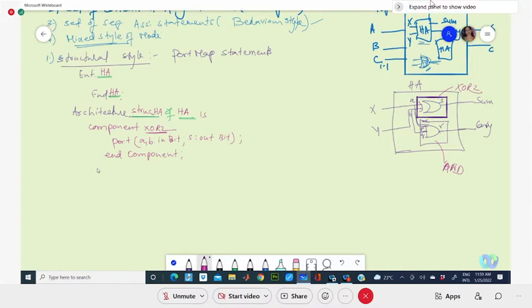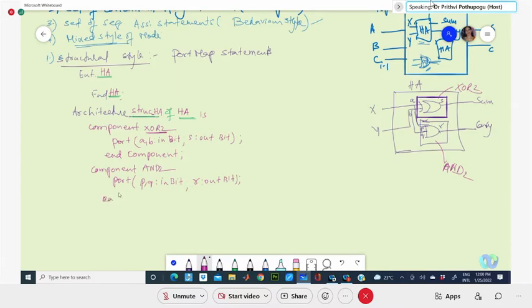After this, another component is there. So begin the component. What is that component name? Say AND gate, the 2 input AND, if it is there in the library, give it the same name. Port, and this we are giving, say, P and Q are the in bits, and R is your out bit.